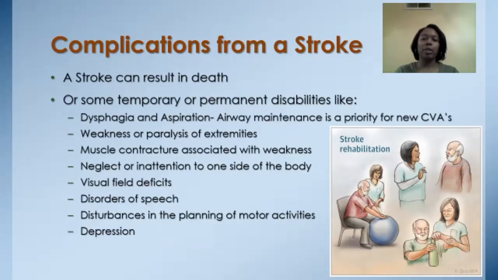It is important to maintain their airway. Other complications are weakness or paralysis of the extremity, and muscle contractures associated with weakness. That's why it is important to continue range of motion and rehabilitation between OT and PT to decrease muscle contraction. Also neglect or inattention of one side of the body, visual deficits on one side of the body, disorders of speech, disturbances in planning